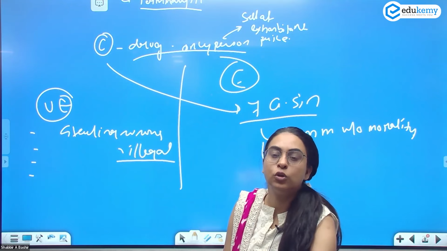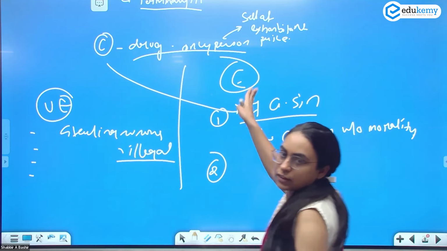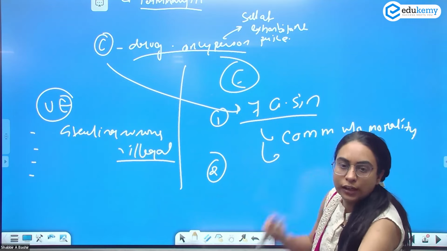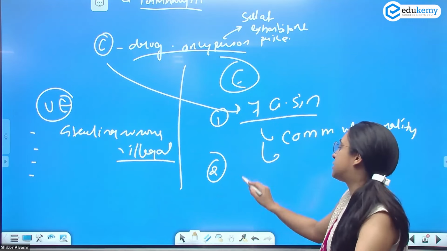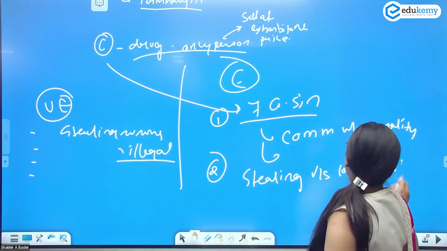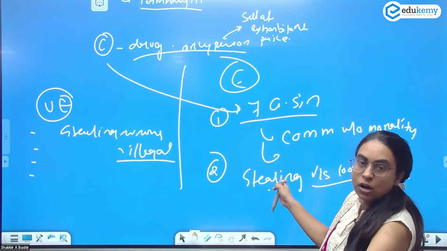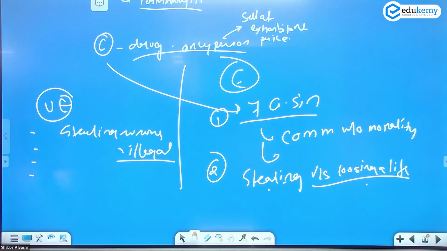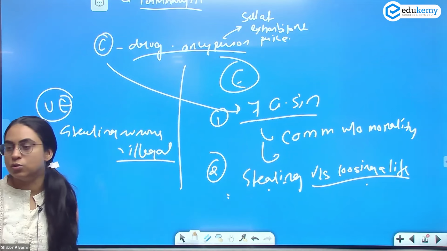And tell me why it is unethical. Okay, now tell me why it is ethical. According to Gandhiji's 7 sins, what the chemist did was unethical, therefore Heinz's action is ethical. Heinz had two things in front of him, stealing versus losing a life. Stealing is wrong, but killing someone is also wrong, losing someone is also wrong, so his action becomes ethical. So here it is stealing versus losing a life.